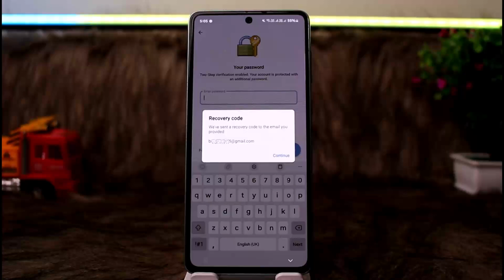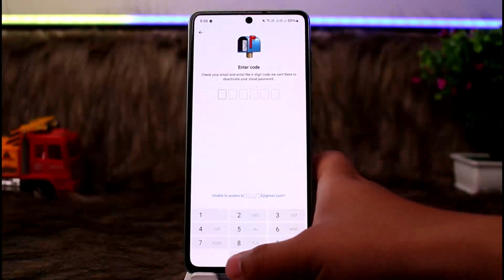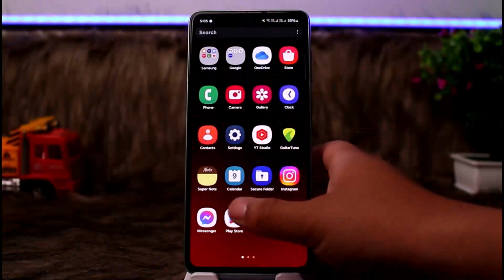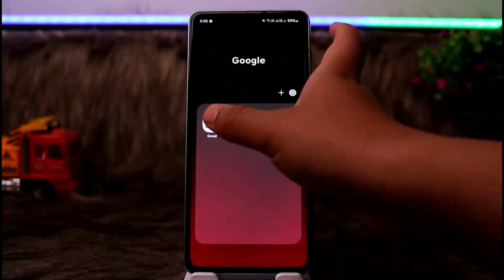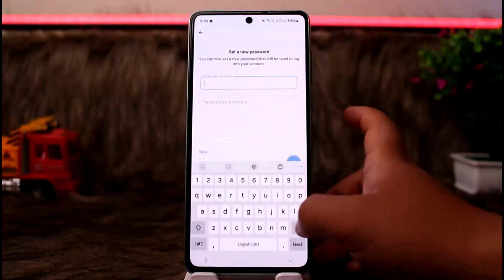Once you tap on it, it'll say that we have sent a recovery code to the email you provided. So you can tap on continue and you want to head back to your email. On the email you should be able to get the code. So if you reload it, simply enter in your recovery code here